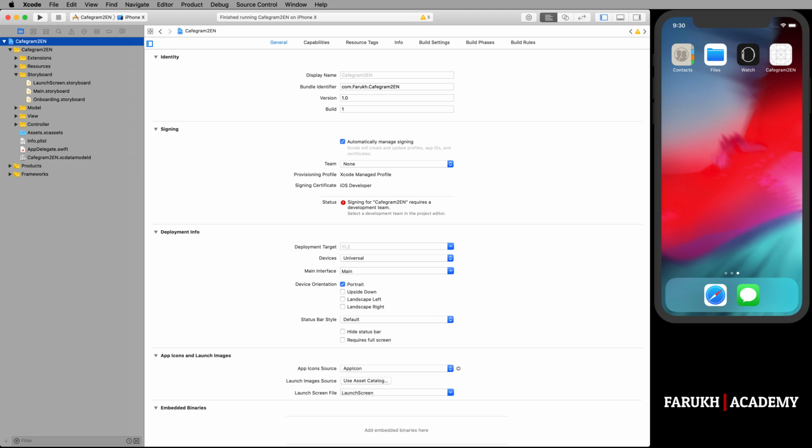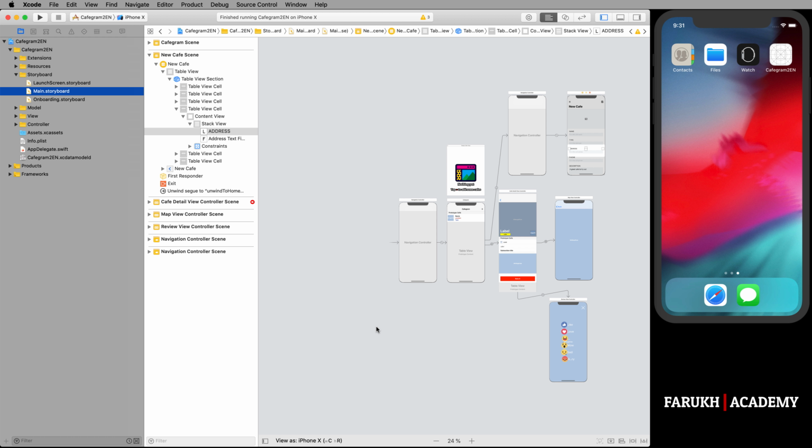First, let's open the Cafegram project. We're going to create a tab bar with 3 items: Favorites, Discover, and About. Okay, so you have to know that creating a tab bar is easy and doesn't require you to write a line of code. All you need to do is embed a set of view controllers in a tab bar controller using Interface Builder. Okay, so now open the main.storyboard file and select the navigation controller, which is the initial controller of